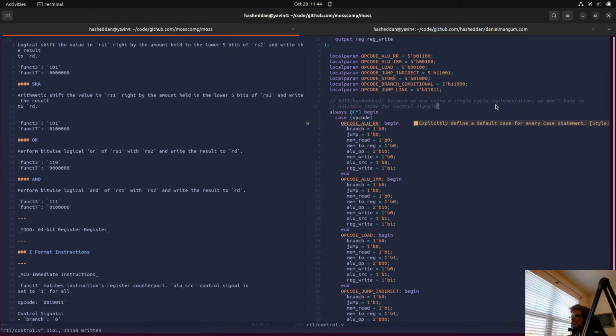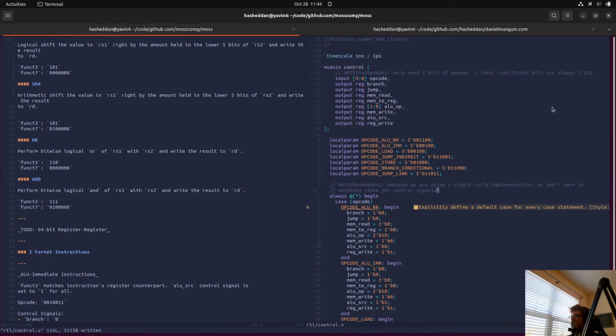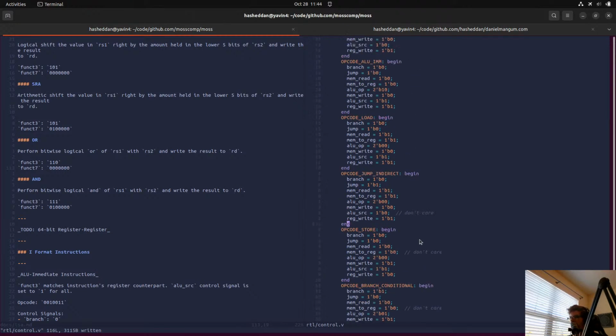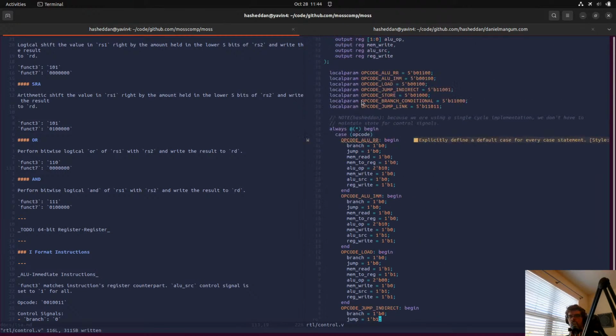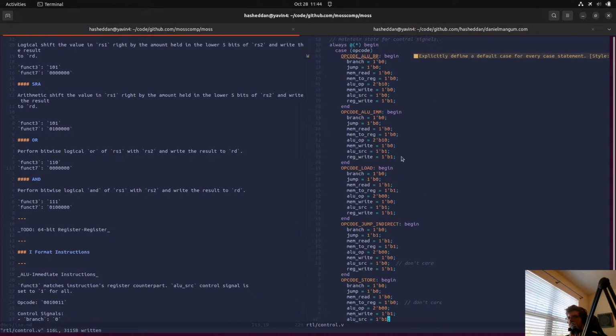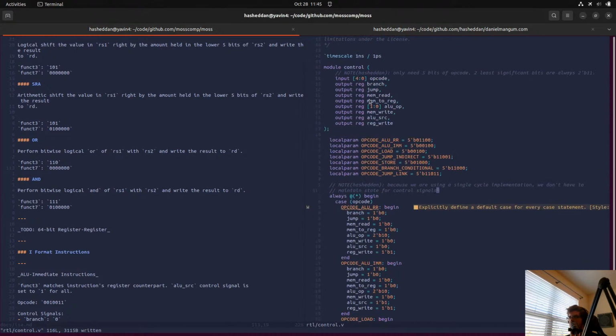But right now, we're done with our setup here for control signals. So what I thought would be interesting to do would be to actually compile some instructions and kind of feed them through here.